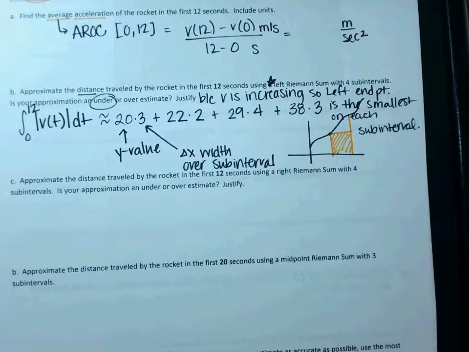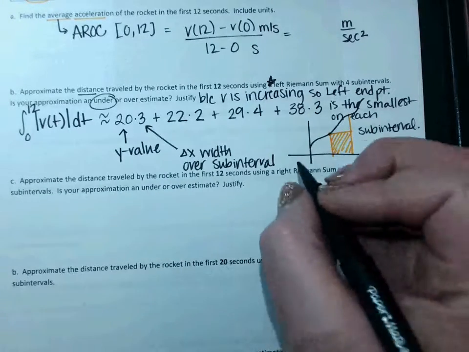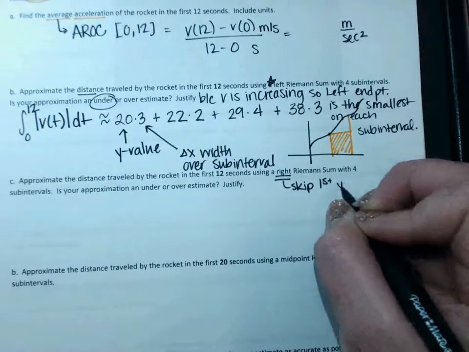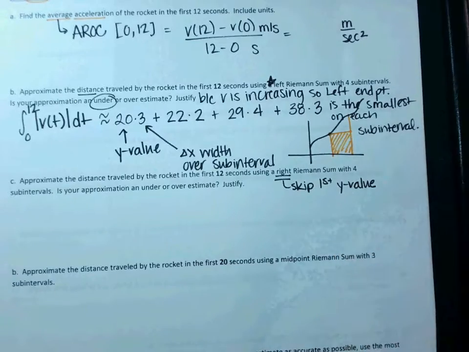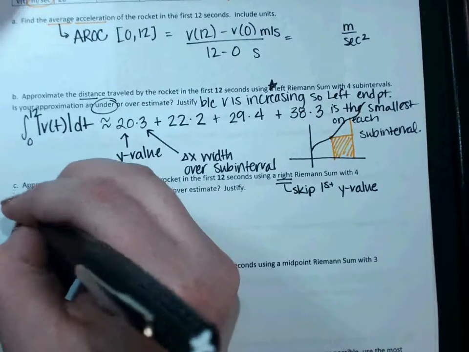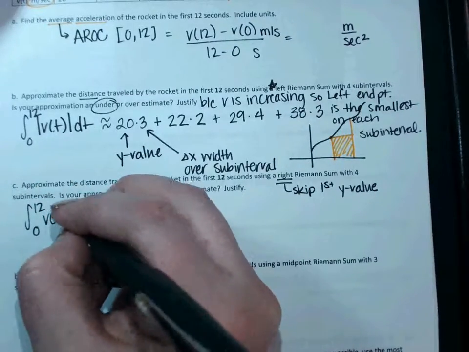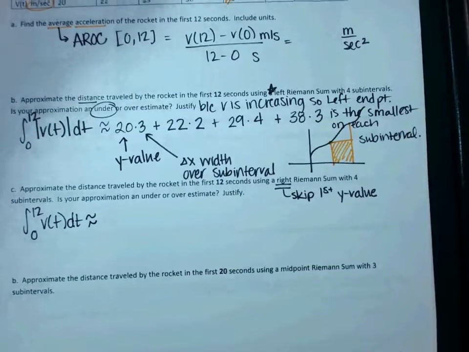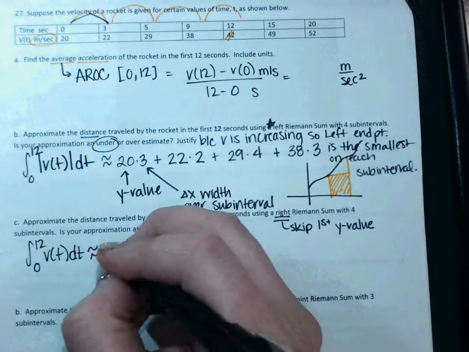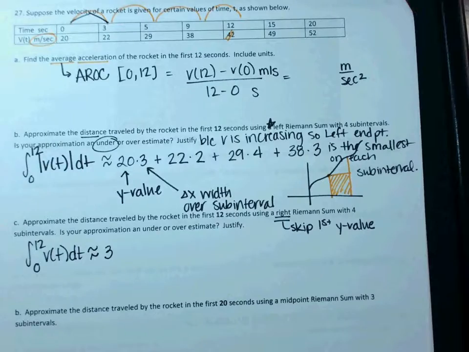Okay, next one says we want a right Riemann sum. What happens on a right Riemann sum? Who do we skip? Okay, skip the first y value. Okay, so my integral is approximated by the integral from 0 to 12 of v of t dt. Okay, what's my first width from 0 to 3? How far is that? 0 to 3. 3, and what is my right endpoint between those y values, 20 and 22? I would pick